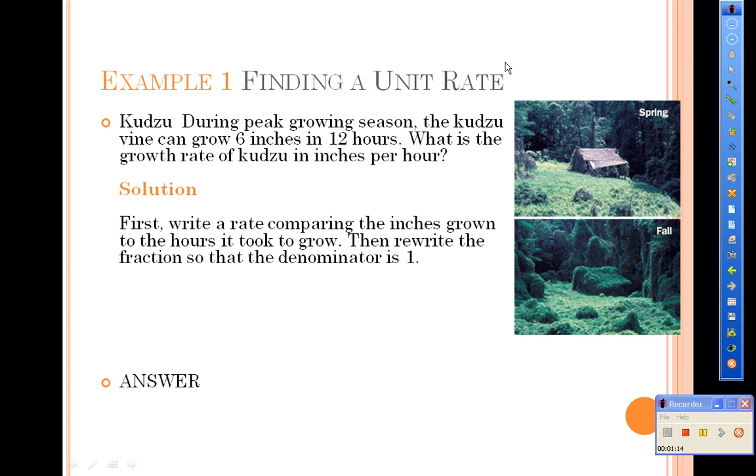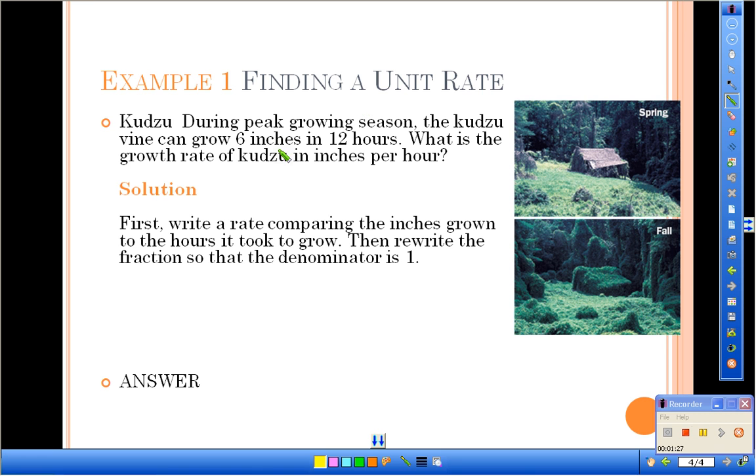Let's try an example of finding a unit rate. This example is about kudzu. It says during peak growing season, the kudzu vine can grow 6 inches in 12 hours. What is the growth rate of kudzu in inches per hour? First, we're going to write the rate comparing the inches grown to the hours it took to grow. Now, I know that, and I highlighted it in my problem because inches comes first and hours come second. So when we write our ratio, we are going to compare inches